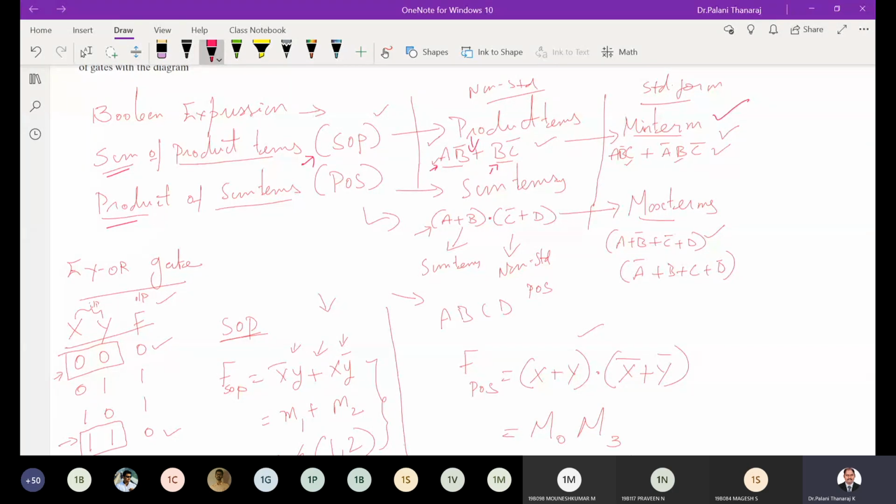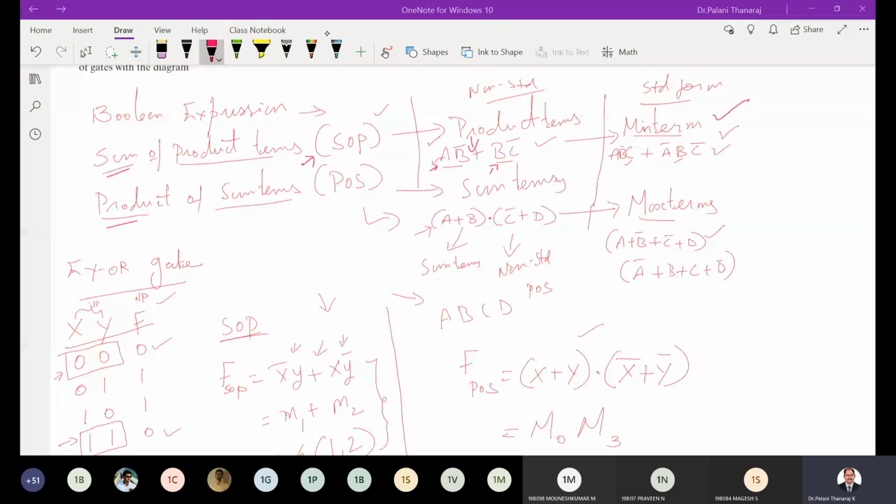The K-map requires the equation to be in min-term form, standard form, and that is why we use standard forms. When using a K-map for simplification, it is easier if the expression is in standard form. That is why we study these Boolean expressions, and it is also good to know the different ways to represent them.